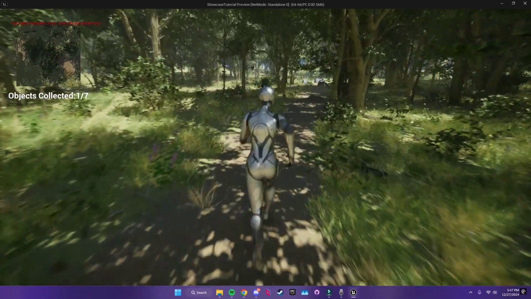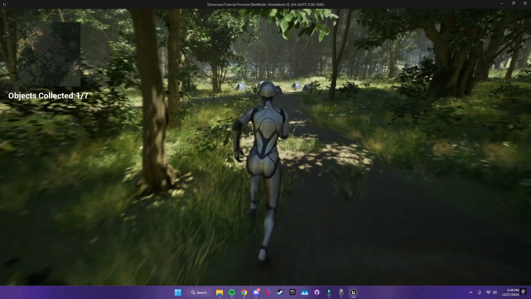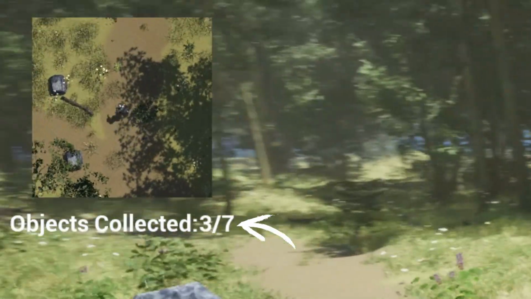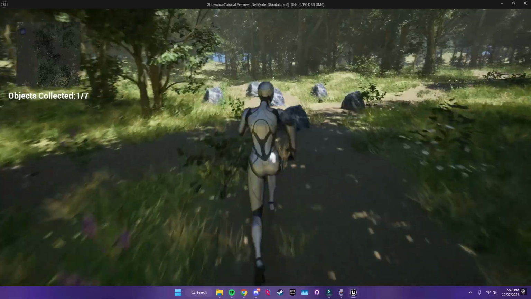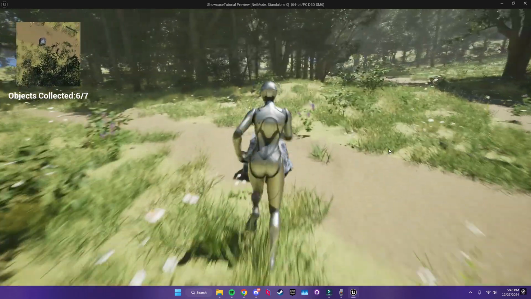Creating games in Unreal Engine doesn't have to be overwhelming. In this video, we'll build a complete puzzle game step by step. From a functional minimap to tracking progress with a clean UI, you'll learn how to bring your game concept to life using blueprints. In this video, I'm going to walk you through creating a fully playable puzzle game in Unreal